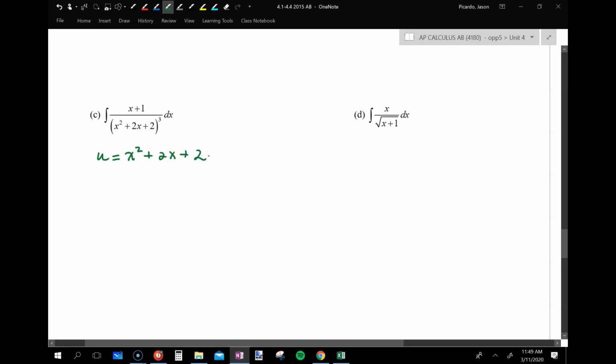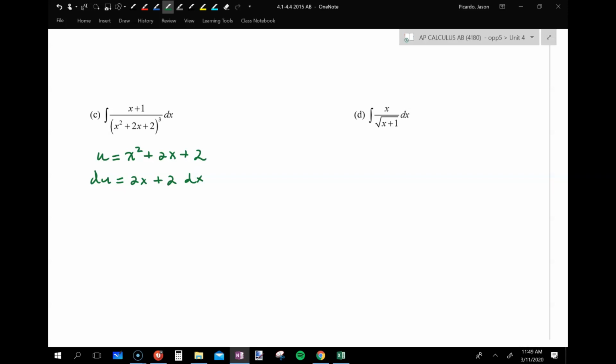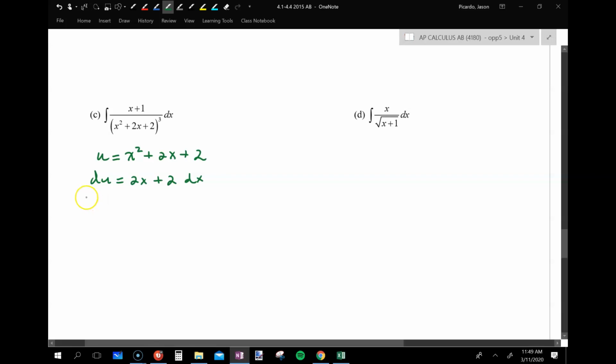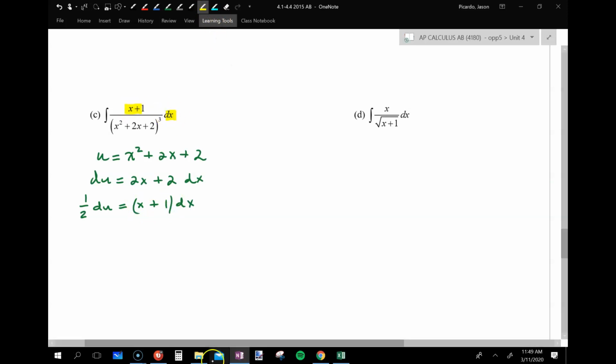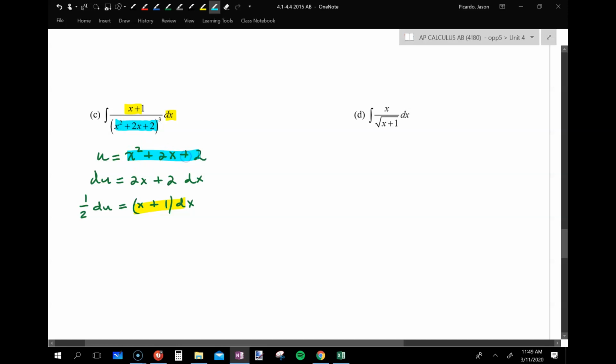Okay. So you did that so we could take a derivative of it, and we get that, right? Okay, now you want to divide everything by 2? Like this? All right, and you're pretty smart. That's exactly what you should do. So there's this and there's this, which matches up. There's our substitution, right? And we wind up with an integral, or a half of an integral,